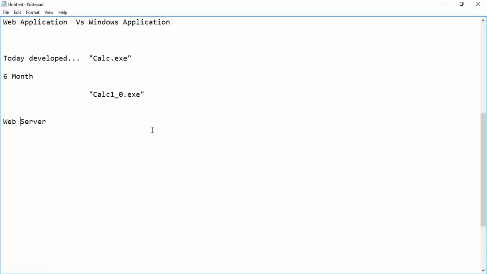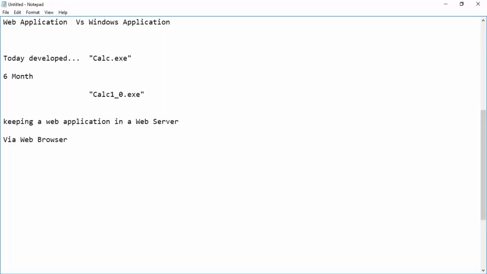After creating your web application, instead of having this exe approach, we'll be keeping the web application in a web server. Why do we keep it in a web server? When you keep your application in a web server, your clients or your customers, whoever it is, can access your application, that's called a web application, via a web browser.